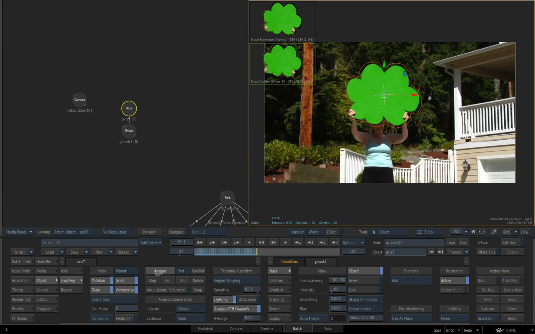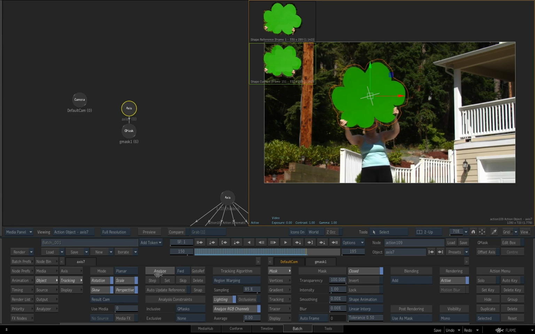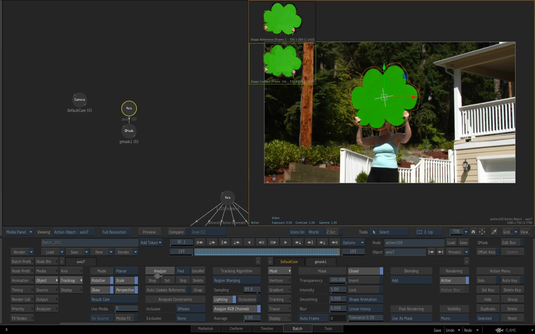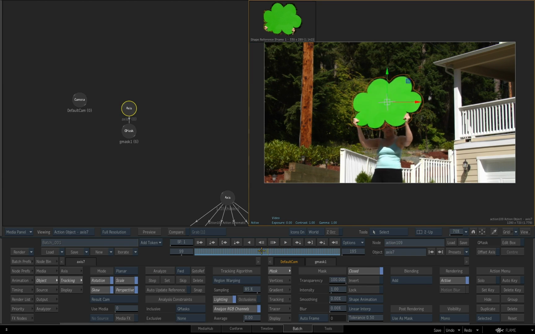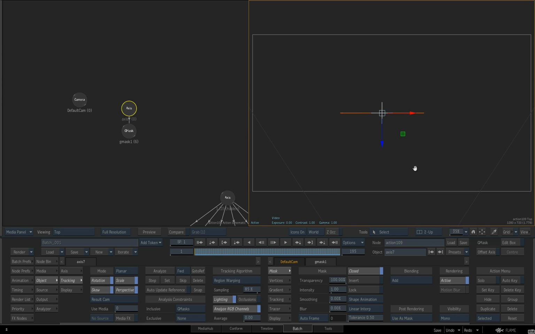And you can see what's happening is that on a frame-to-frame basis, it's working out how it can distort to match up the original reference that we gave it when we hit snap. Now when that process is finished, we've got a fairly good track on there, and we're going to go back to my result view, my F4 view, and we're just going to go to a top view, Shift F4,